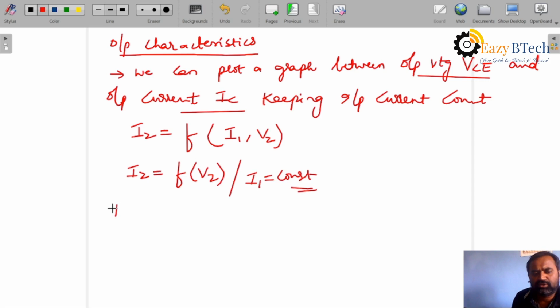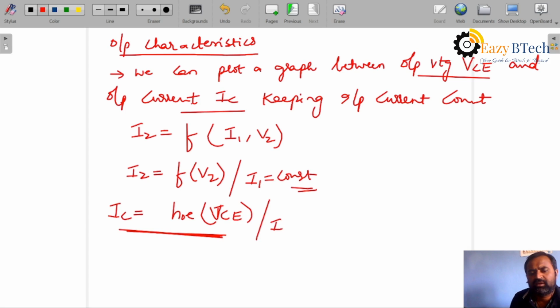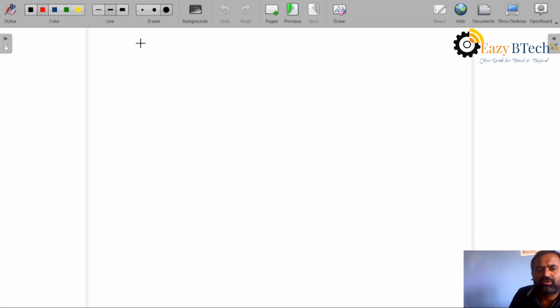That is, I2 means IC is equal to HOE into VCE, keeping IB constant. Okay, if you see this graph,